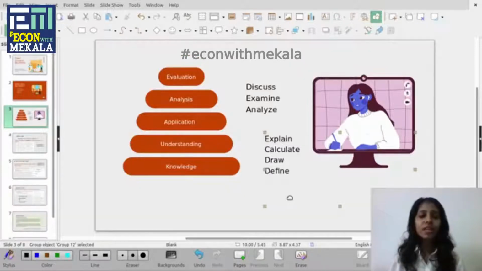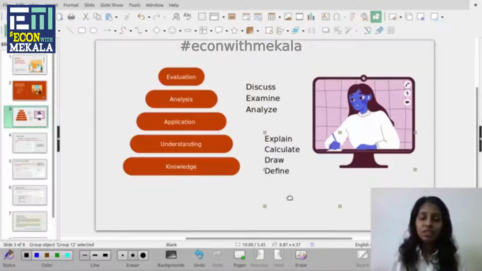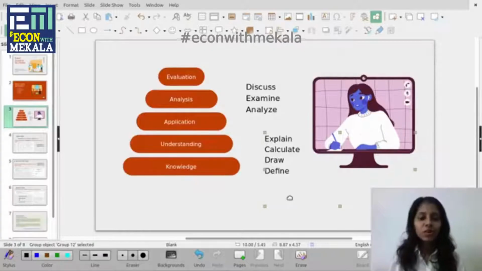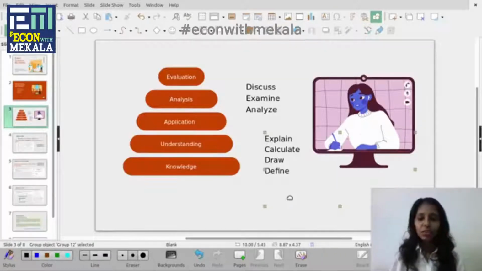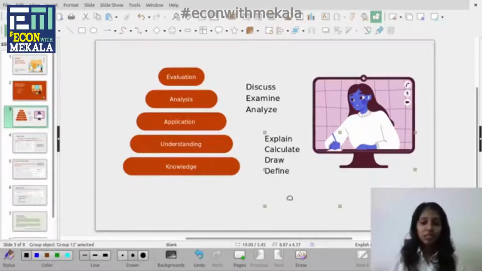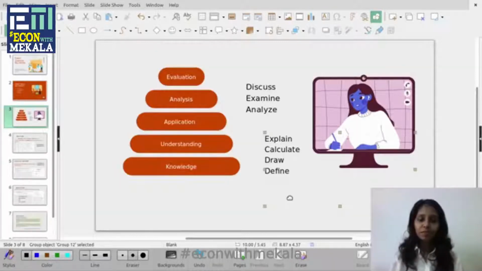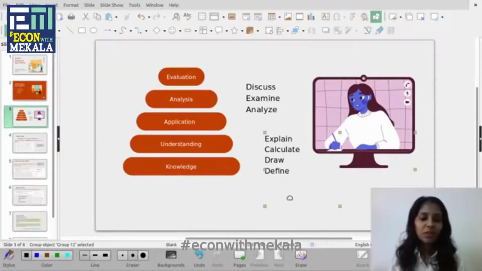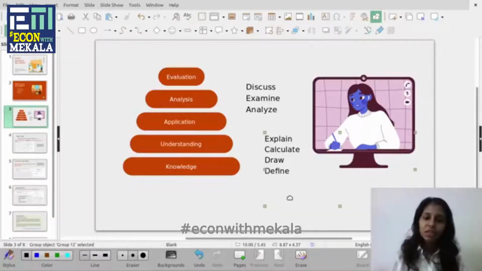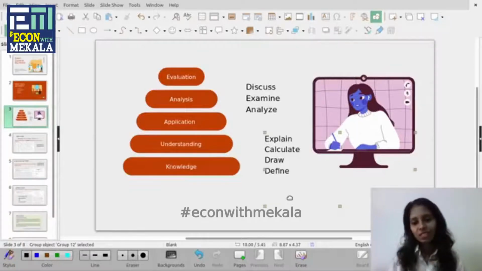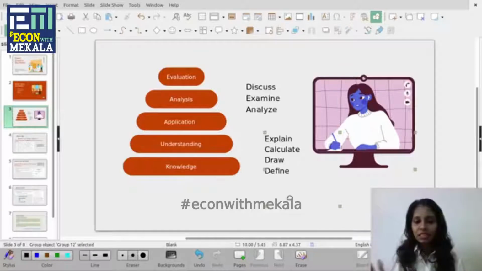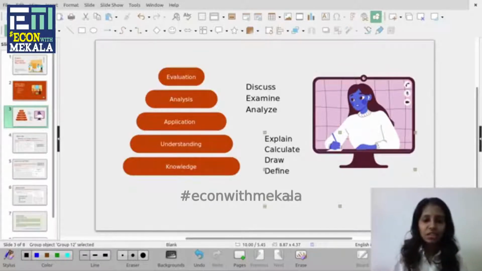Now when you're explaining this, you can even use a graph to demonstrate your understanding. You can even elaborate with an example. If the price of rice increases in the market, people will demand smaller quantities of rice. Or you can pick a very basic level example: when the price of a good increases, demand will fall, or when the price of a good decreases, demand will increase. So that is the difference between knowledge and understanding.